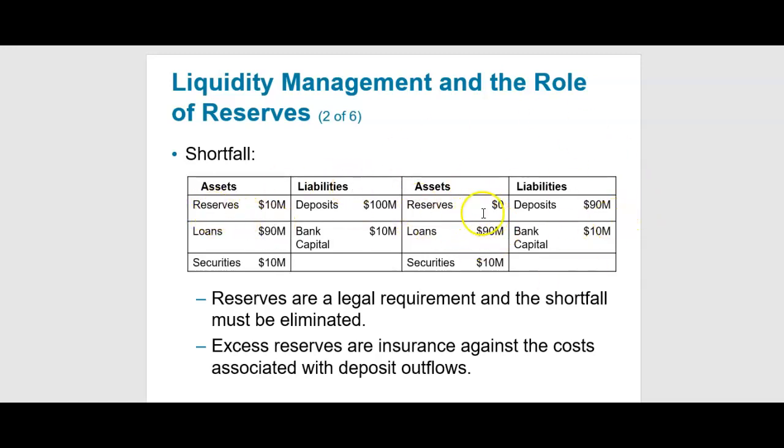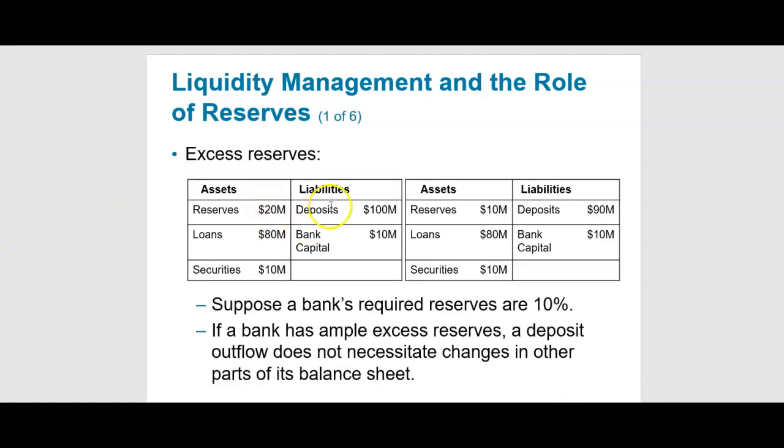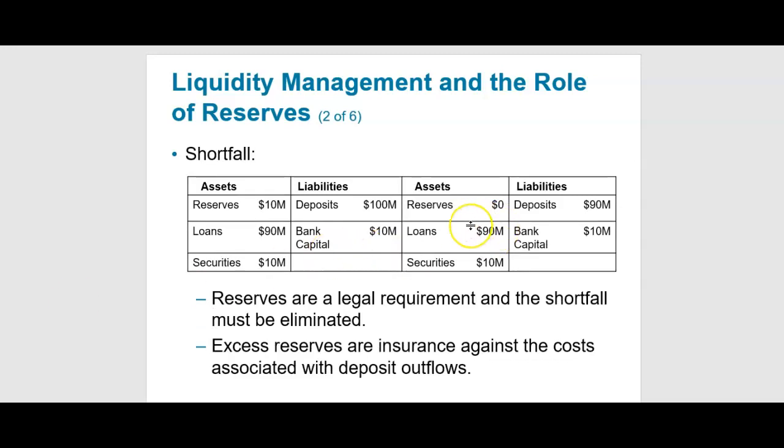So now my reserve is zero. I'm not satisfying the reserve requirement. My loans are 90 million. My securities are 10 million. And I'm asking myself the question, how can I get the 10 million reserve requirement? Keep in mind, if there is a shortfall, it must be eliminated immediately. So as we have seen in the previous one, the excess reserve that I had played like an insurance for me against the cost associated with filling the gap that is created in this case. So the excess reserve has its positive, but has its cost too. The cost of the excess reserve is that we're losing on the interest rate that we can get from lending it.